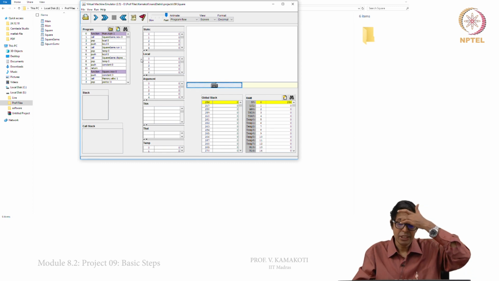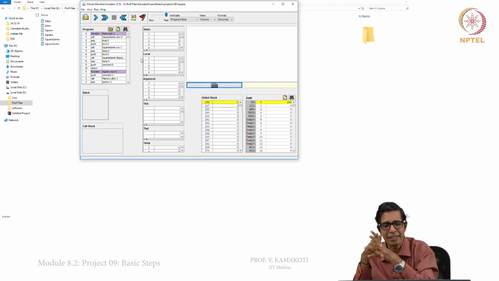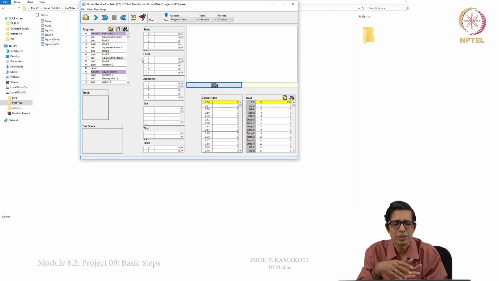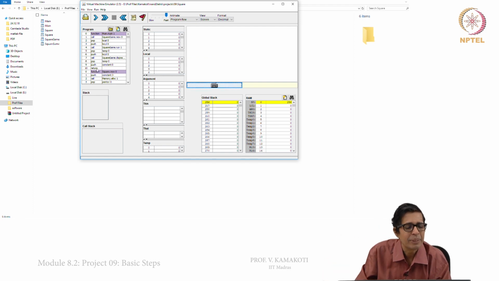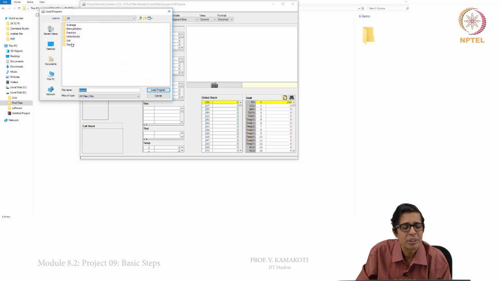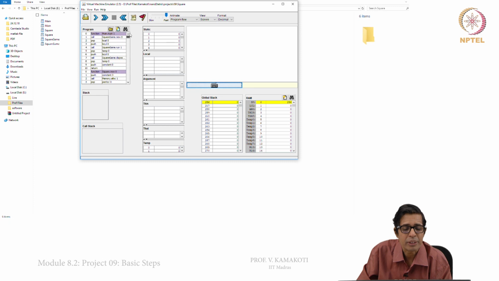So, this is also what we call linking at the virtual machine stage. We had 3 programs: main was calling square game, which in turn was calling square. So, we compile all the 3 and we load all the files in the directory. How do we load? Again I repeat, you just click on the directory name, don't go inside the directory, and say load the directory itself. So, again all the programs get loaded.